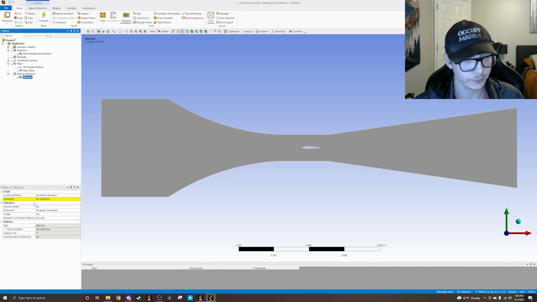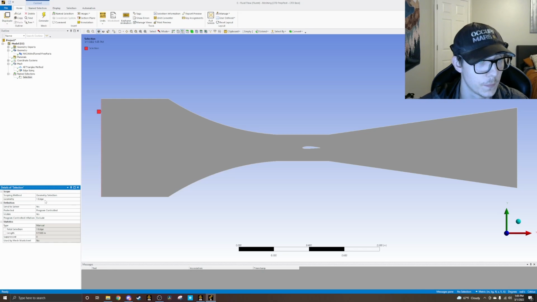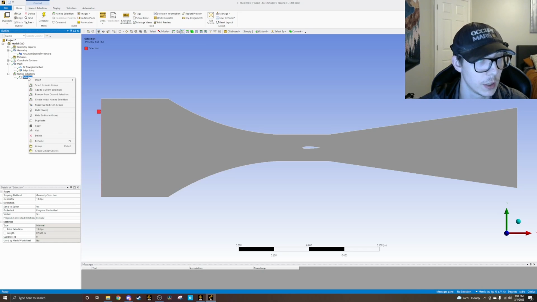Perfect. All right. So the geometry that we're going to want to select is this edge, and this one right here. Apply that. We're going to rename this